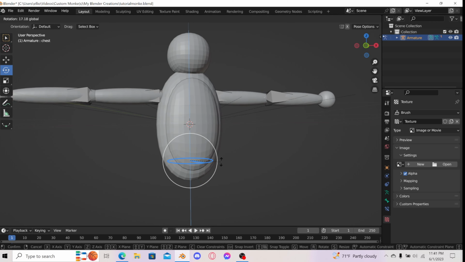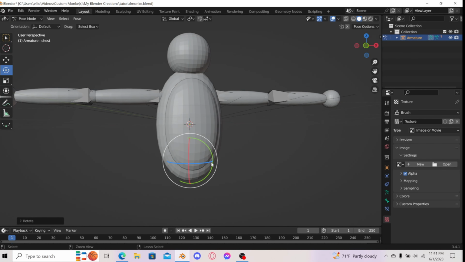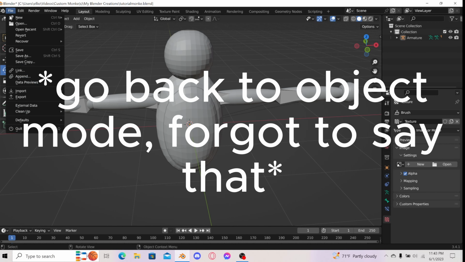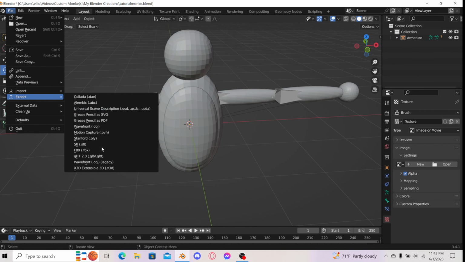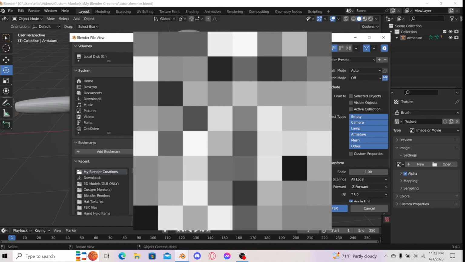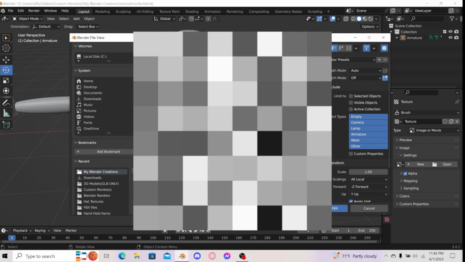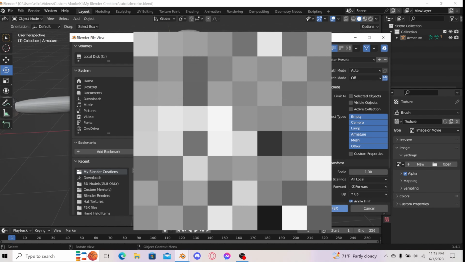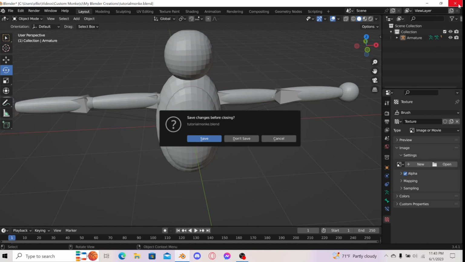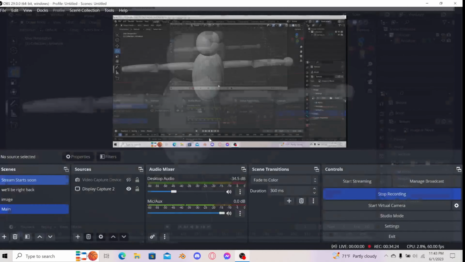and then now that you have everything done, just press File, Export, and FBX, and then you can save it wherever you really want. It doesn't really matter. And then press Export FBX, and then you can exit out of Blender, save,